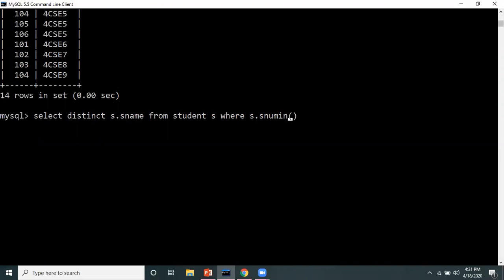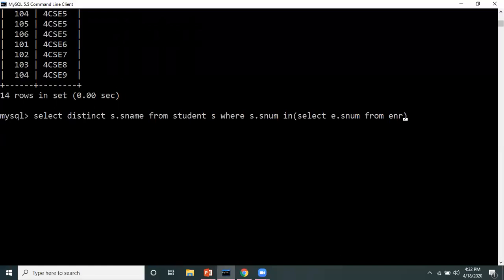Now multiple rows I have to select because we have to compare with multiple rows, right? So I'm using the comparison operation in select. For enrolled table, I will use the alias e. So I'm writing e dot snum from enrolled, and I'm giving the alias as e. Now I will group by, because if you can see, 101 is also thrice, 106 is also thrice, 105 is 2 times. So we will group them. So group by here, e dot snum